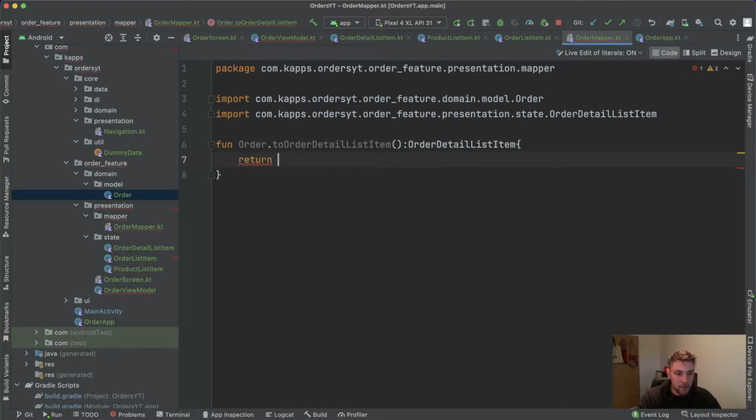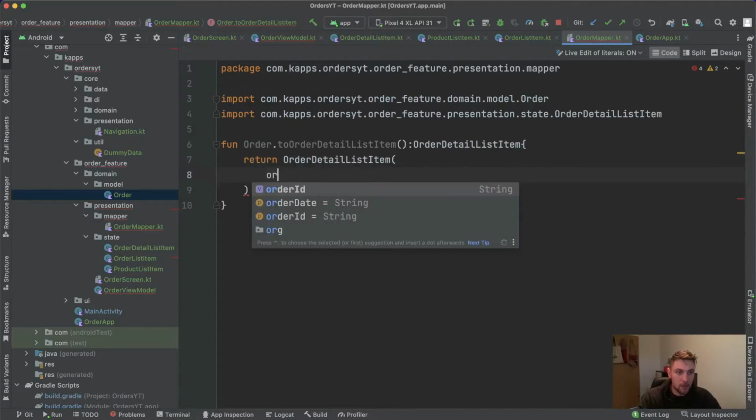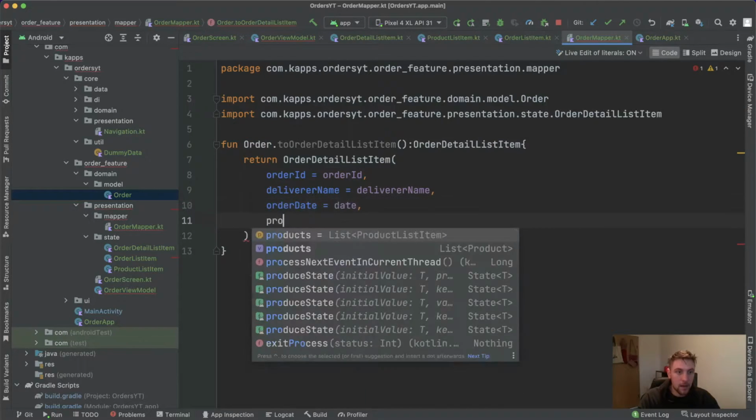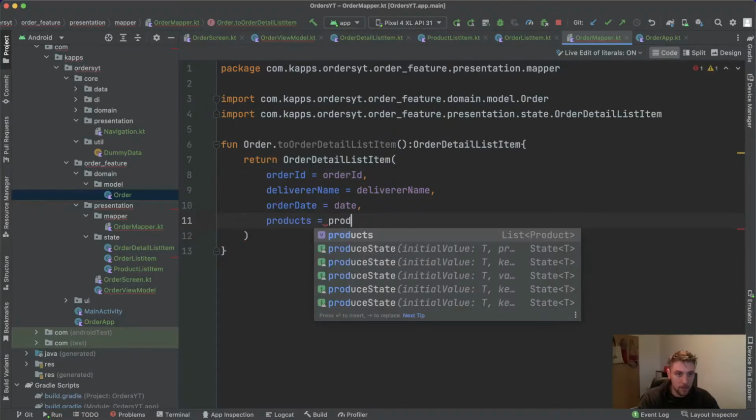In here, we can say return order detail list item. For the order ID, we will pass the order ID. For the deliverer name, the deliverer name. And in such an extension function, we of course have all the access to the order's properties. The order date will be date. And now we also need to insert the products. We need a product list item here. But right now, if we have a look at the products, we will have a list of products. So we also need to make a mapper function for the domain product to a product list item in the